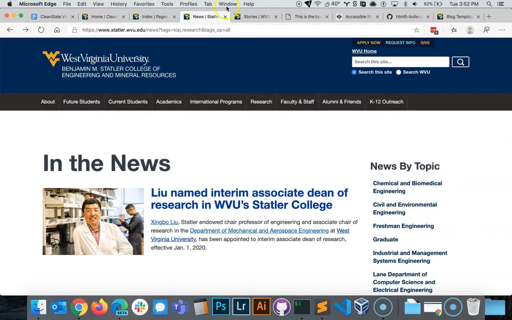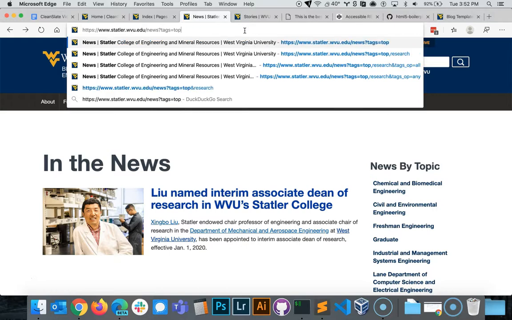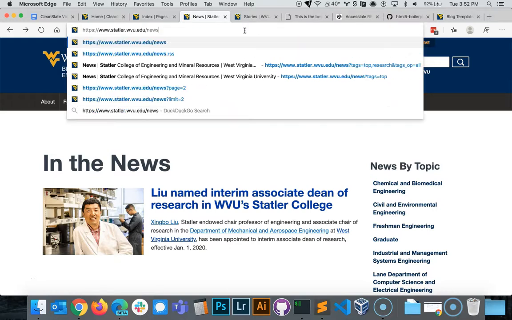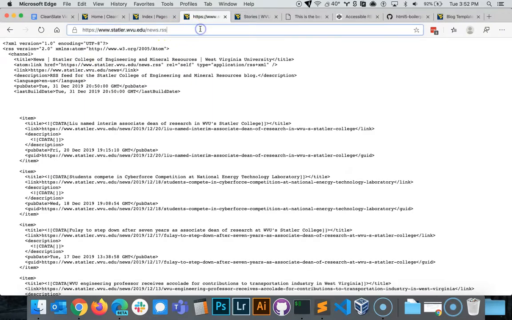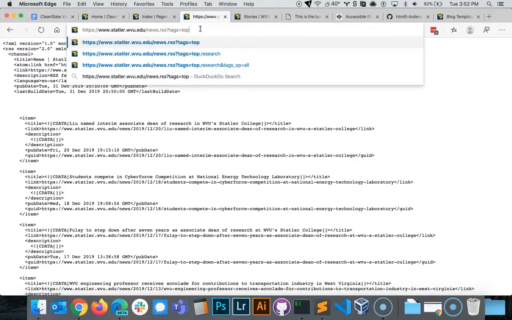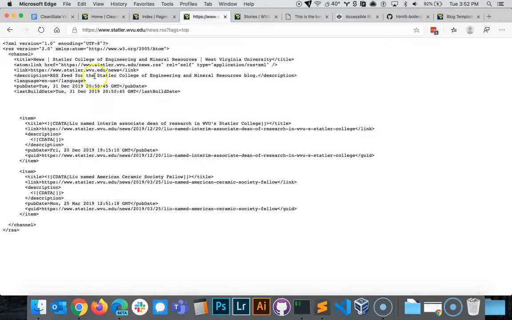One other thing to note, if you have a query string like this, I'm going to go ahead and remove these two here. I'm actually going to remove research as well, and then I'm going to cut the tags out, and then go to the RSS feed here. You can actually also filter your site's RSS feed based on tags. So if I paste this back in here and it says tags equals top, it's going to filter my RSS feed to only display articles that are labeled with top here.